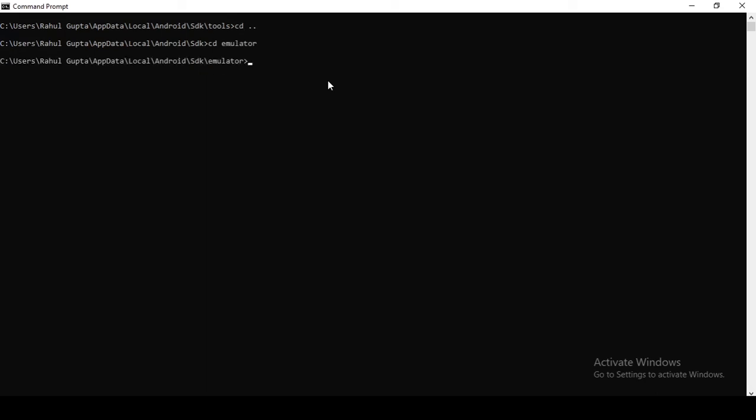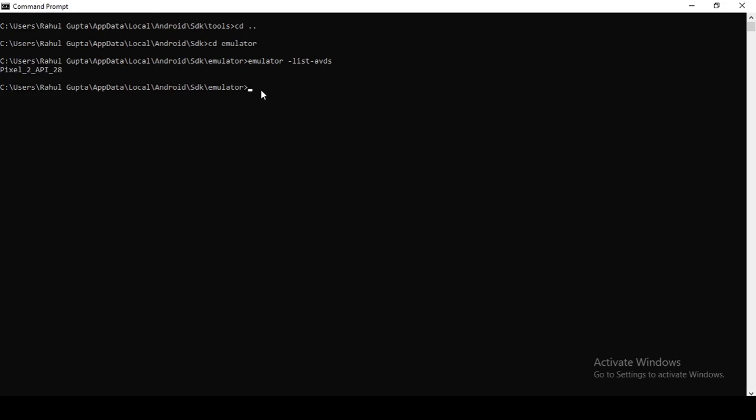This is the process for the latest version of the Android SDK users. Type again emulator -list-avds, and you will see the list of the emulators here.